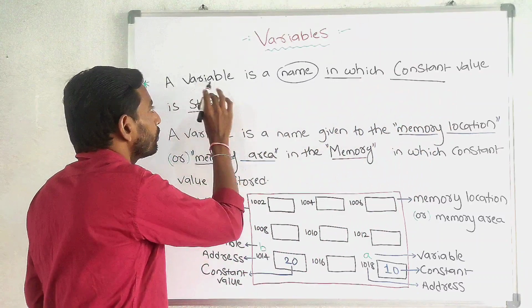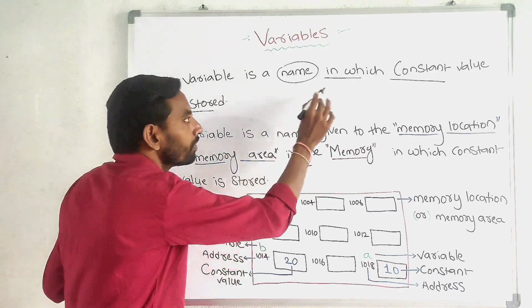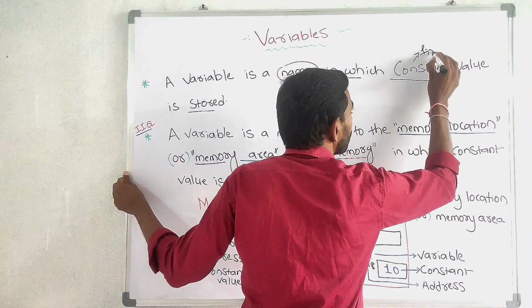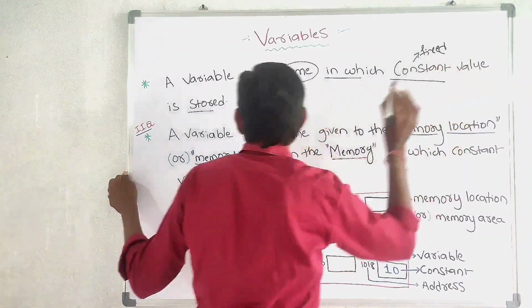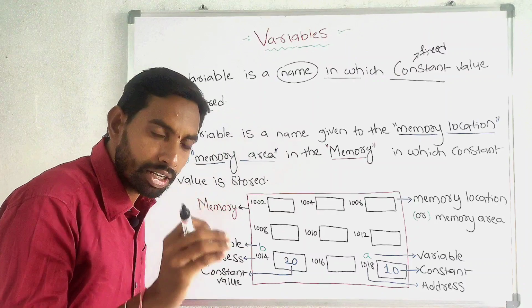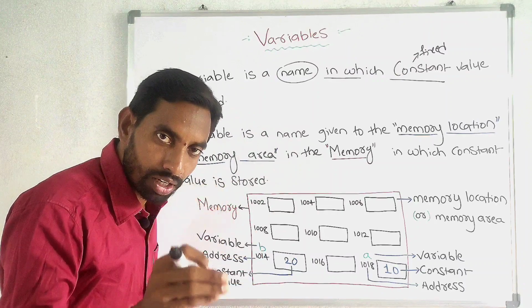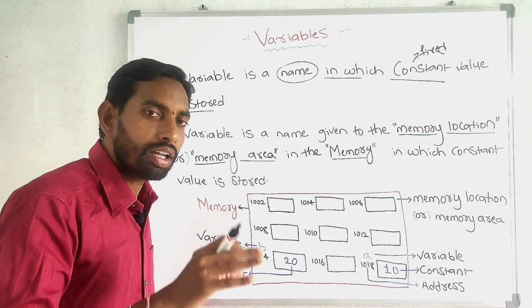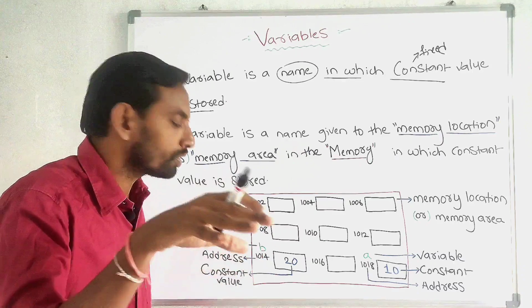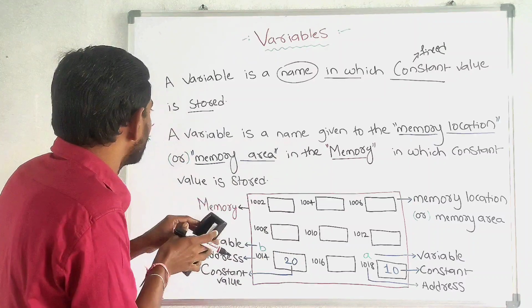Or a variable is a name in which a fixed value is stored. A variable is a name in which a constant value is stored, or a variable is a name in which a fixed value is stored. For example,